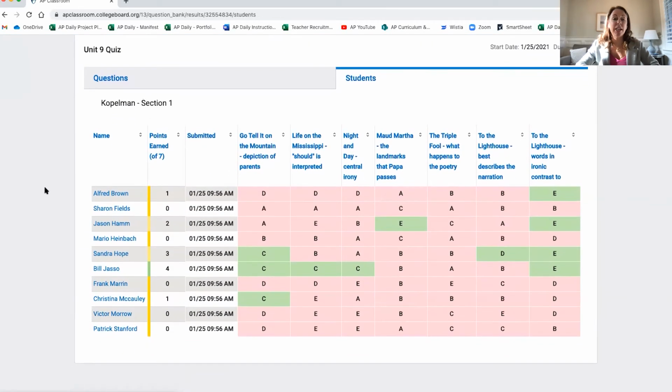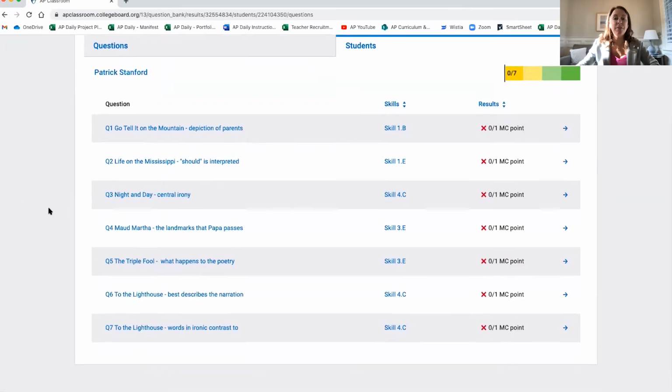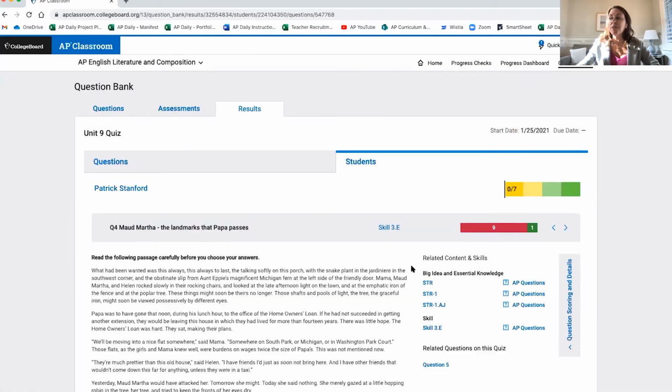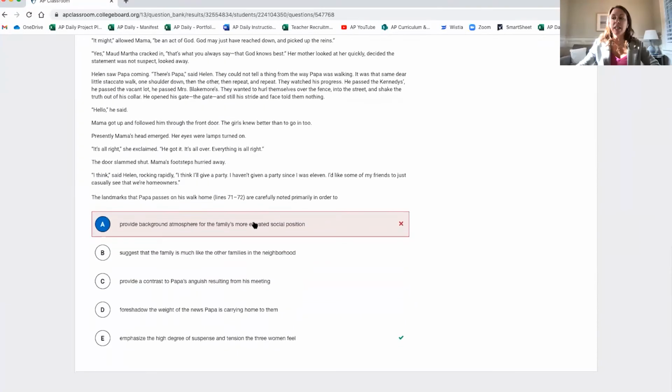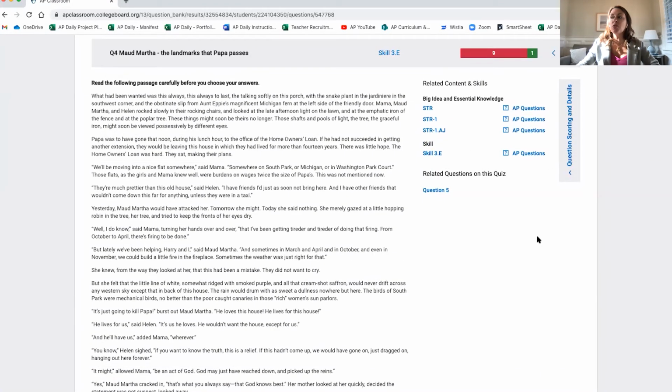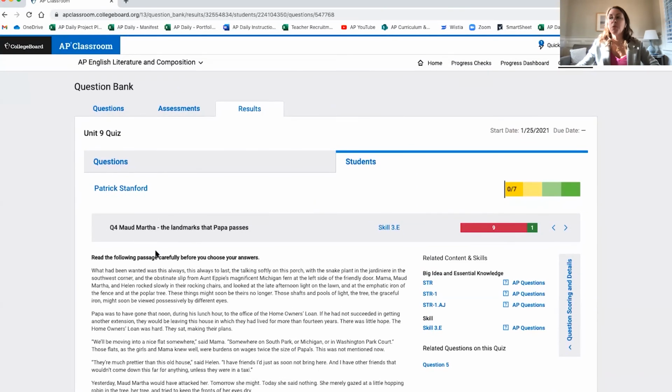Particularly useful this year as we're in virtual and hybrid environments is the student tab. This tab gives me a quick view of how the students did as a whole, but it also allows me an individual view to help coach students, in this case, Patrick Stanford, on the questions he got wrong, leveraging what he got wrong on each of those questions. I can provide further practice as well as related skill and big idea supplemental instruction based on what I see